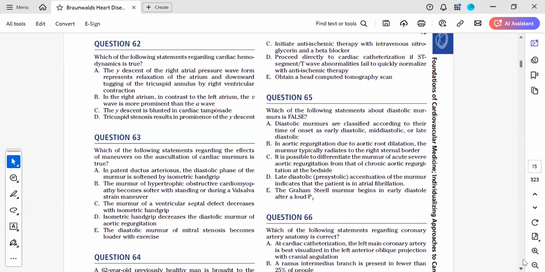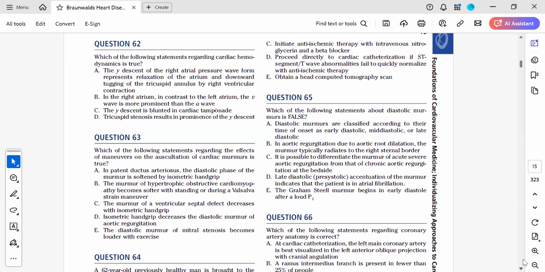Okay, question 62. Which of the following statements regarding cardiac hemodynamics is true? So the question generally is talking about the jugular venous pressure waveform. We've heard it previously yesterday that we have 3 positive waves and 2 negative waves. The A wave representing atrial contraction